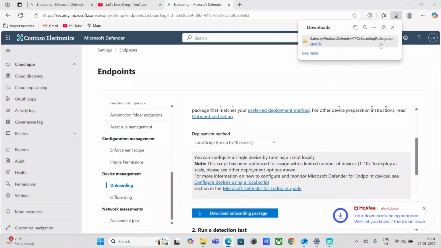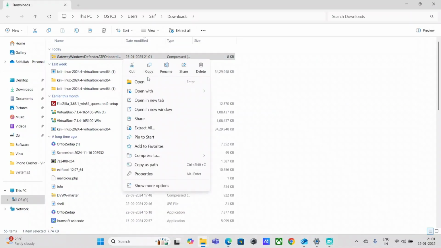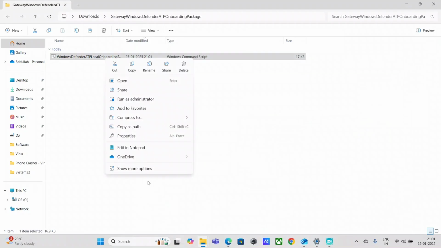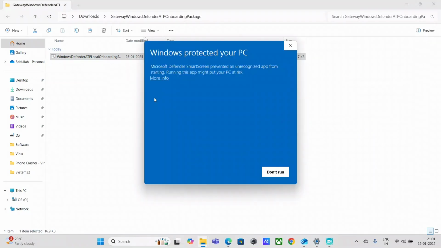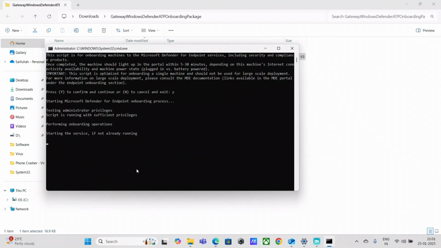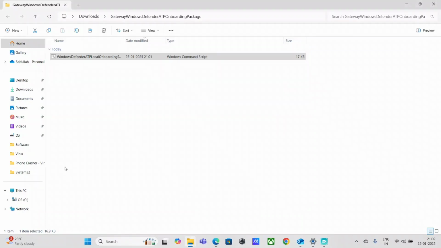And here what I will do is I'll just open it and extract it, guys. If I double click and run it, it will say like this. I just have to run it anyway. However, I have to run it as administrator, and I have to give yes, guys. So you can see here, guys, it's saying successfully onboarded machine to Defender for Endpoint, and I will hit enter. And now if I just go to services,